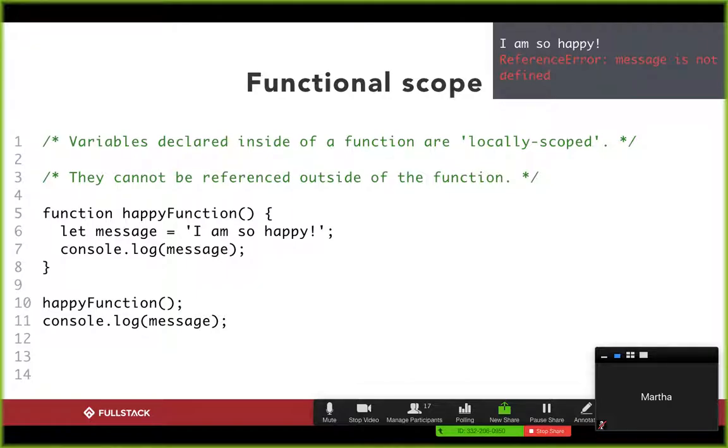On line 10, when I run happy function, line 6 runs, then line 7, and I see my message, I am so happy. However, when I console log out the variable message on line 11, I actually get an error, right? And that's an error that we've discussed before. It's a reference error, which means that, hey, you're trying to use a variable that you haven't created yet or